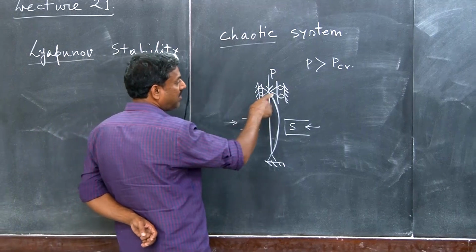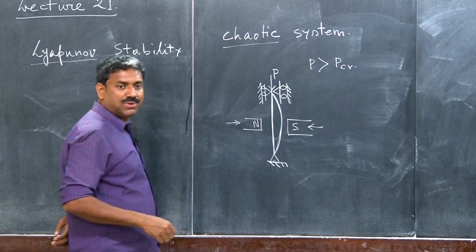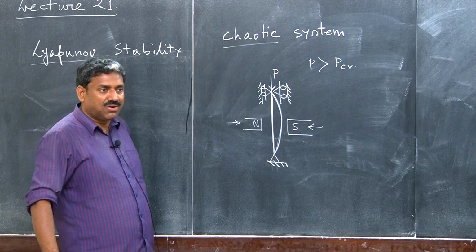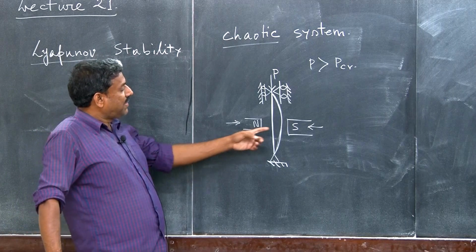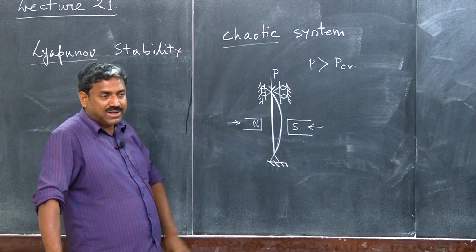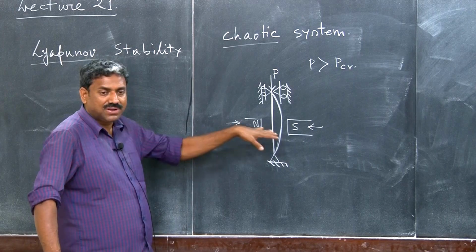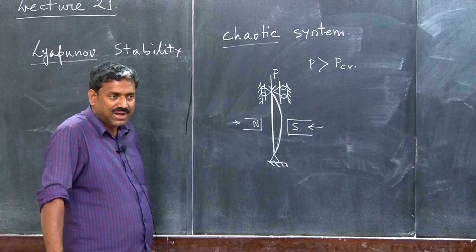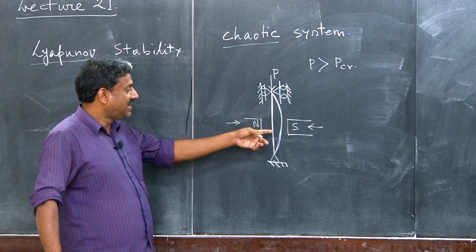So, as soon as P is greater than P critical, it will buckle, so it will be full of geometric non-linearity, right, and then you apply some alternating force. You can see that if you apply an alternating current, then it will have sinusoidal fluctuations in the force, right. And then you can put some